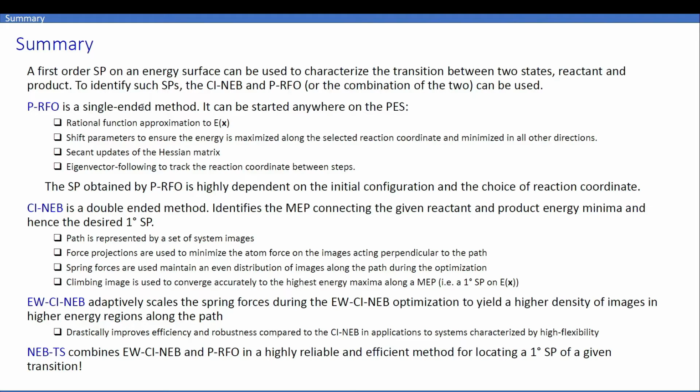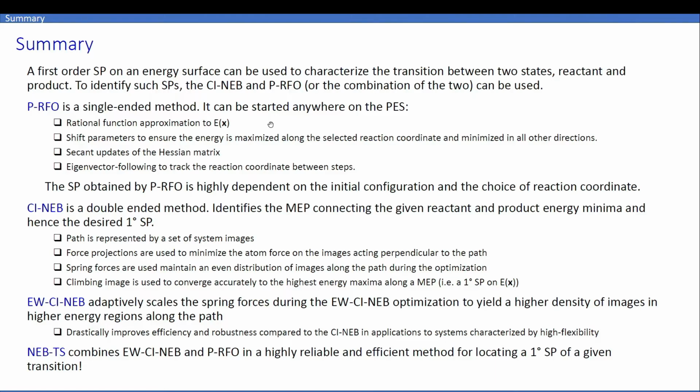It makes a rational function approximation to the energy surface. It uses shift parameters to ensure that the energy is maximized along the selected reaction coordinate and minimized along all other degrees of freedom. It uses secant updates of the Hessian matrix to avoid recomputing the Hessian matrix in every step, and eigenvector following to track the reaction coordinate between steps. Bear in mind that the saddle point obtained by PRFO is highly dependent on the initial configuration and the choice